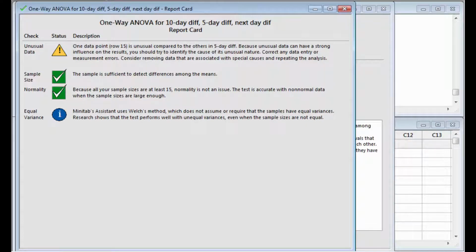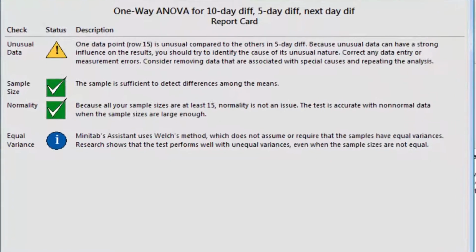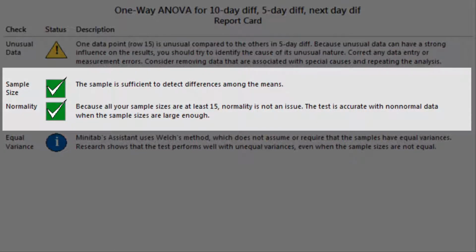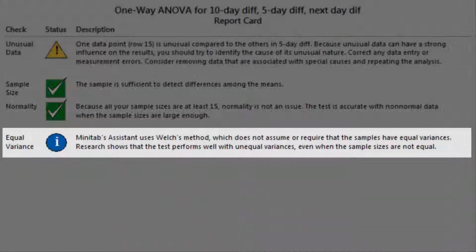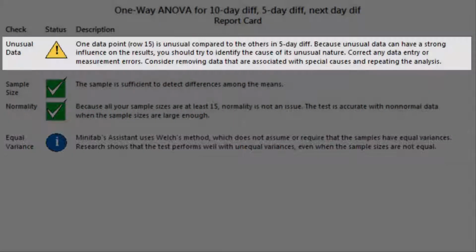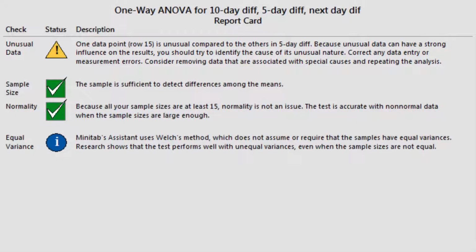The Assistant's report card checks your data so you can be sure your results are reliable. It confirms that the sample size is sufficiently large and satisfies assumptions of normality, and notes that the ANOVA method it's using does not require the samples to have equal variances. The Assistant has flagged one data point as being unusual. However, a subsequent review of the data point shows that it is not an error, so it should remain in